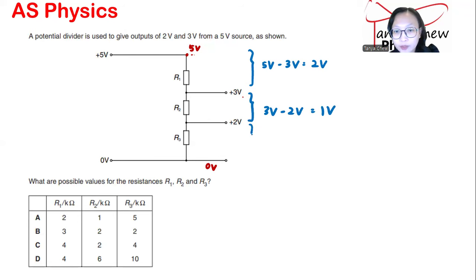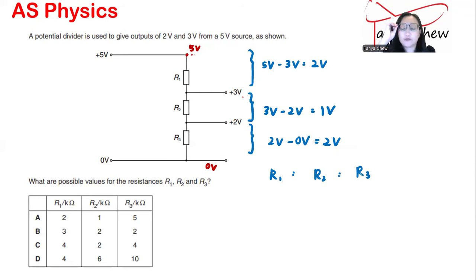So what about R3? The potential difference across R3 is just 2 volt minus 0 volt, which gives you 2 volt. So the ratio of the potential differences across R1, R2, and R3 are